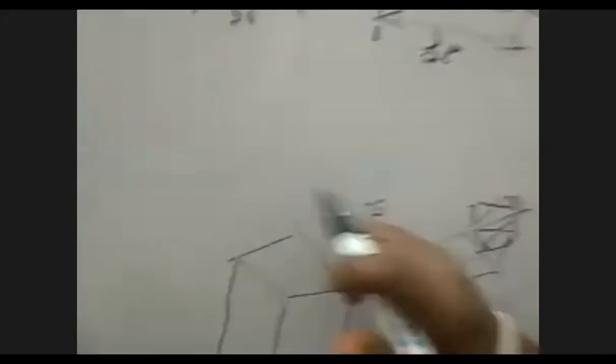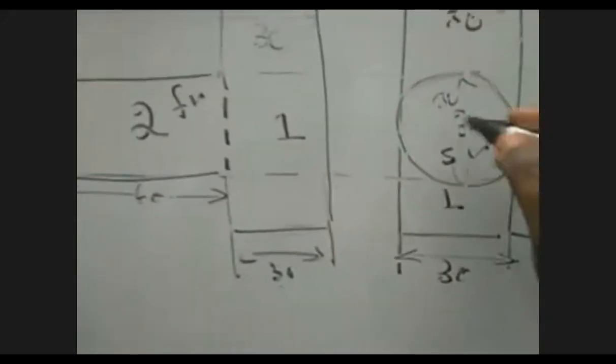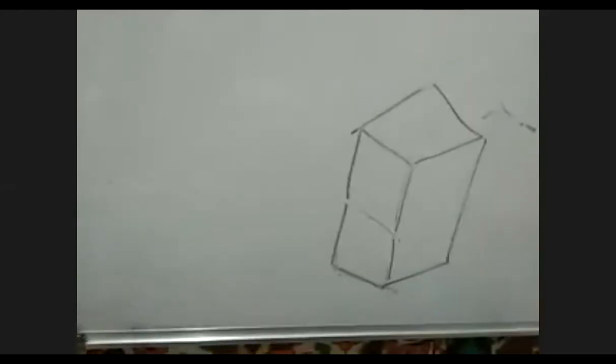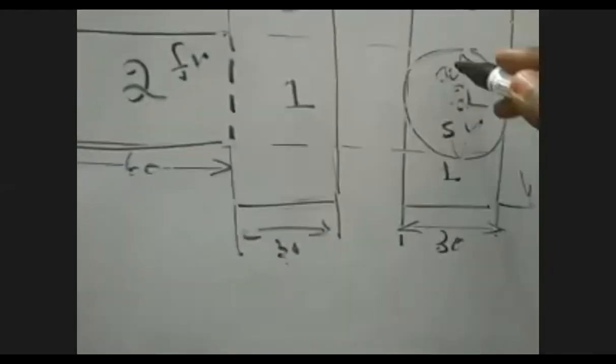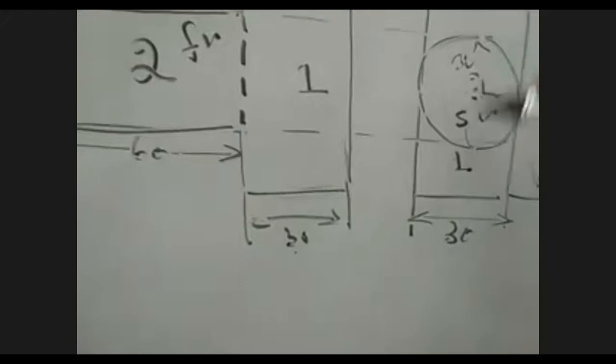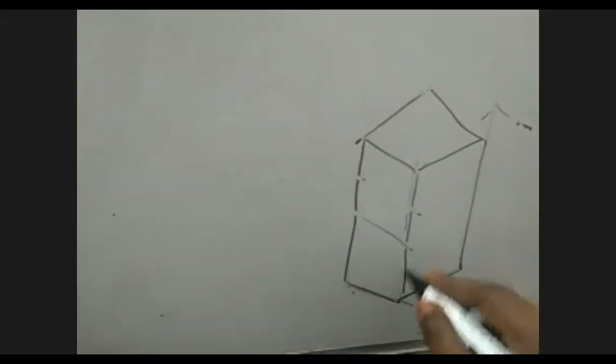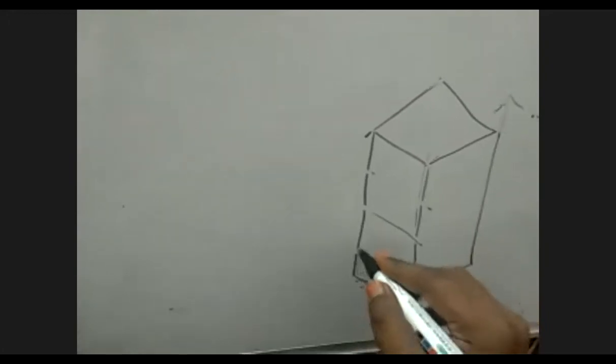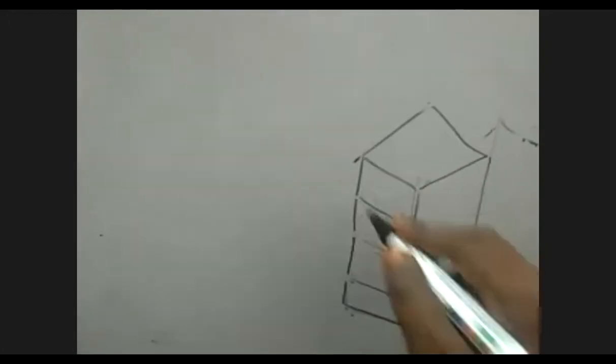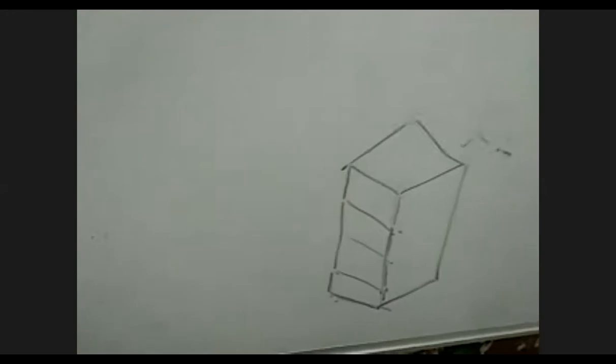So how to do it on the plane? You know this center and this rectangle center are the same. So from here 30, from here 30. Draw this line. Diameter is 30. So from the center, 15 above and 15 below. So from here 15, 15 above, 15, 15 below. This is the box you got for the cylinder.